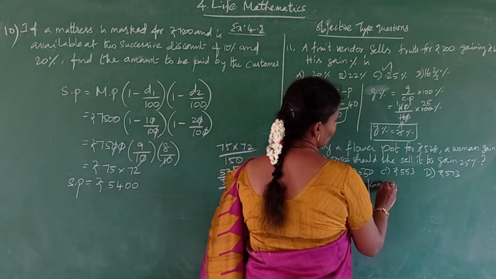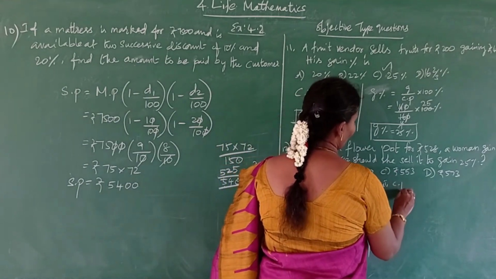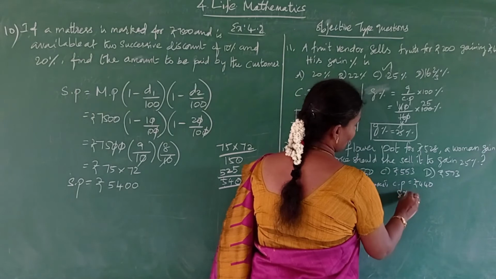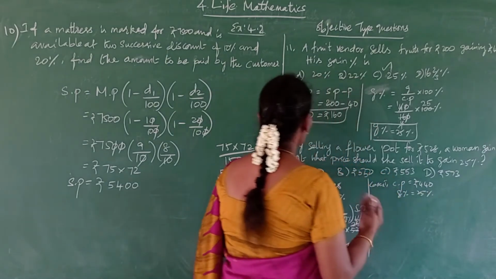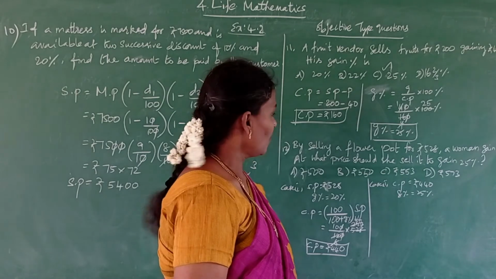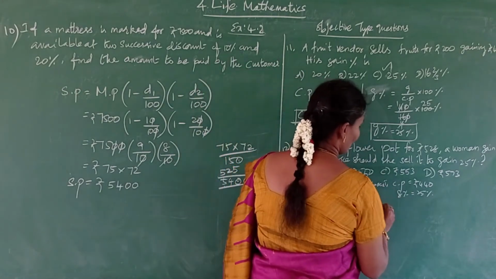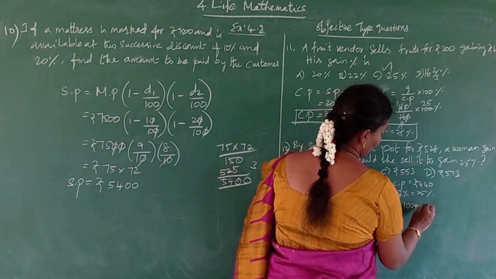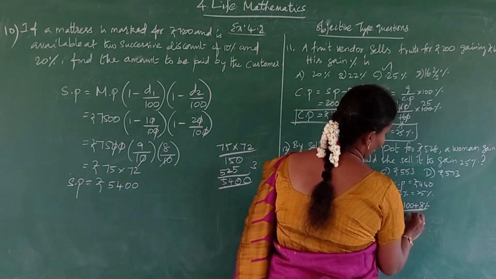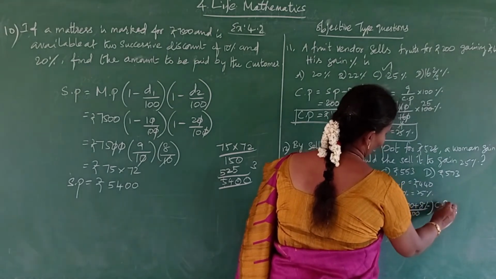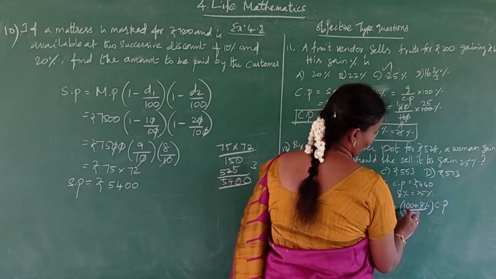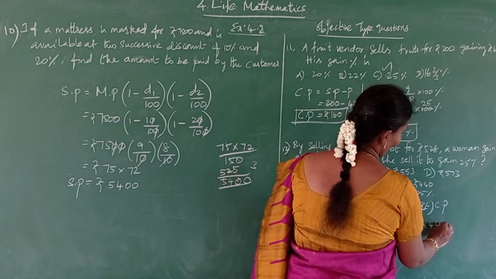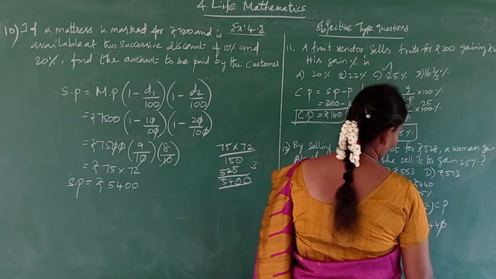Okay. So what is case 2? Now here you take CP is equal to rupees 440. And the next gain percentage is equal to 25%. Now you have to find out the selling price. Okay. Selling price. Good. Now see. So selling price is equal to, you know that formula, 100 plus gain percentage by 100 of CP. Okay, here what is gain percentage? 25. So 100 plus 25 is 125 by 100 multiply 440. Okay, so 1 0 cancel.